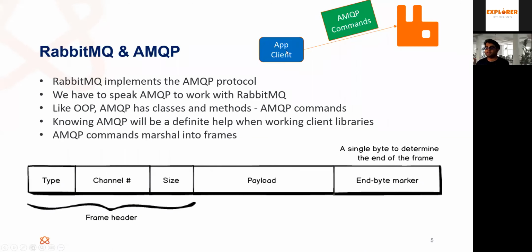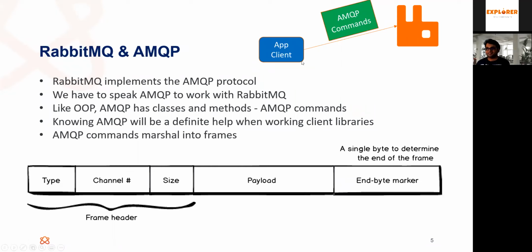Here's our application. We have to send these commands to RabbitMQ, then only RabbitMQ will know and do what we ask. So we have to speak AMQP to work with RabbitMQ.